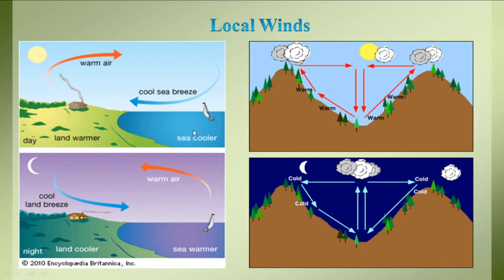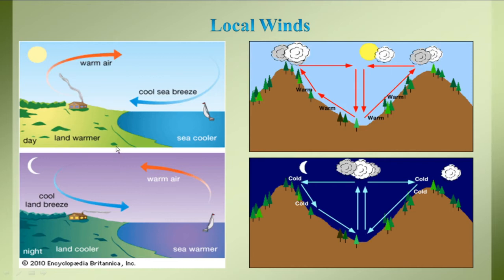But in the water body, part of the heat is utilized to evaporate the water, and part of the heat is utilized to increase the body temperature of the water. So in the daytime, the land temperature is higher and the water body temperature is lower. Therefore, as the water body temperature is lower, the air flowing over the water body has higher density, and the air flowing over the land surfaces has lower density. As there is a density difference, the warmer air goes on the upper side and the cold air comes from the downward side.